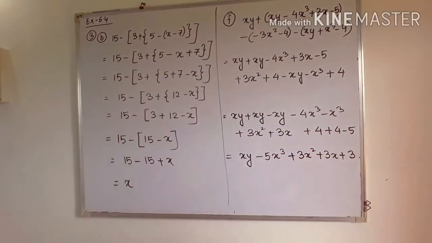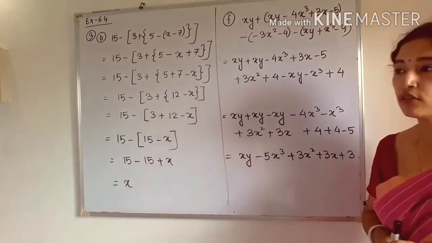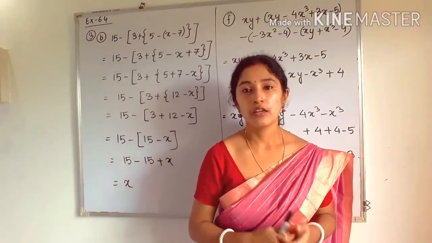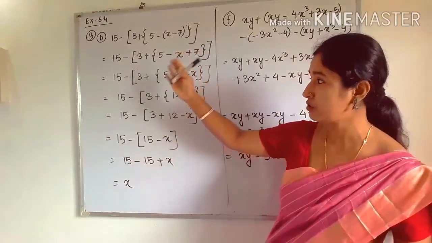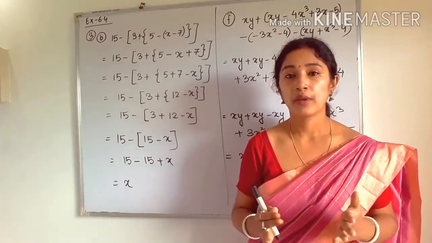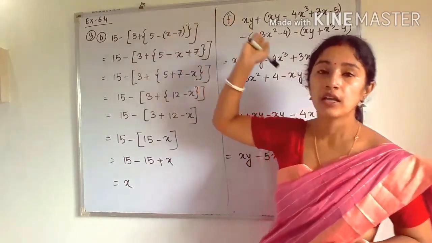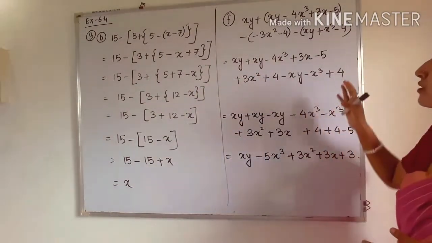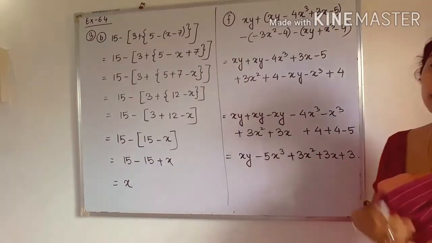So next is question C, number F. So here also this expression was given. One by one I will open the bracket, because all the brackets are round brackets. In the previous question we had 3 brackets, so one by one we had to open the bracket starting from the innermost. But here in this particular expression we have 3 round brackets, so we can open the brackets in one step only.